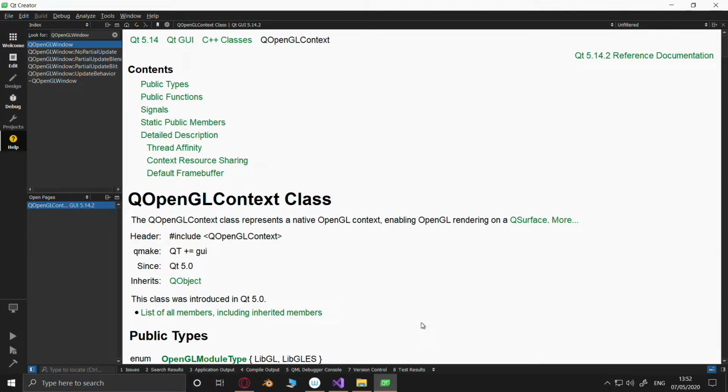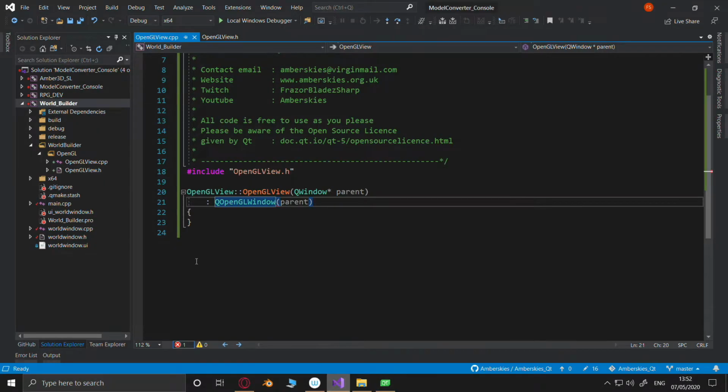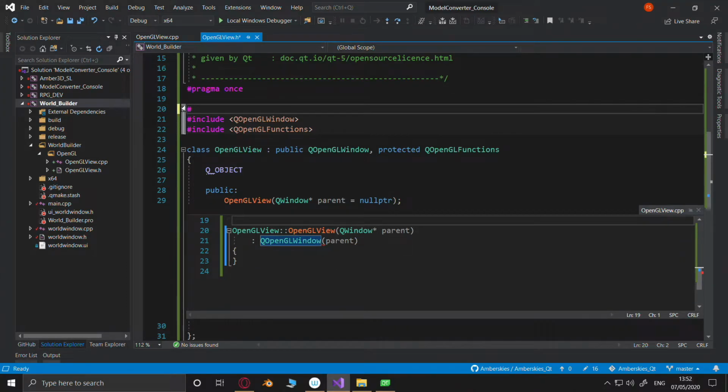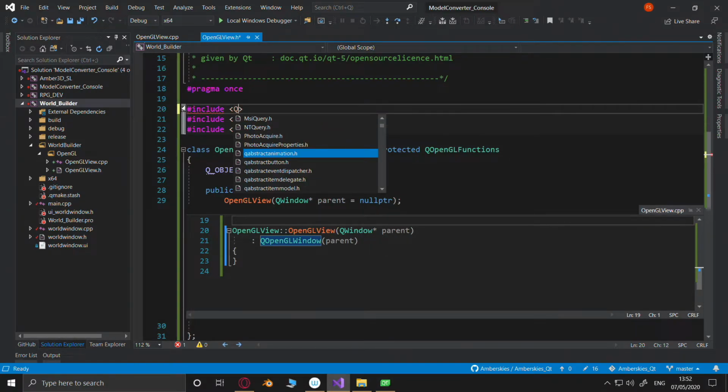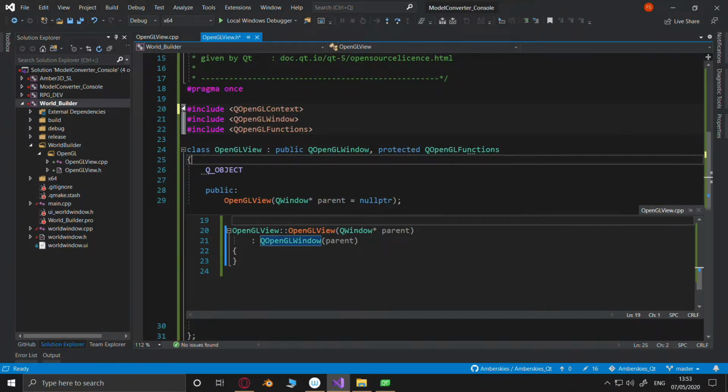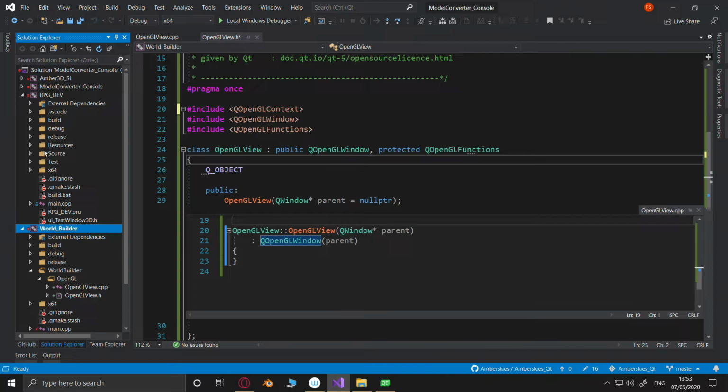We don't need QOpenGL context there. We do need GUL. I will admit we do need that. Text. Oh, public protected. Here's the thing.